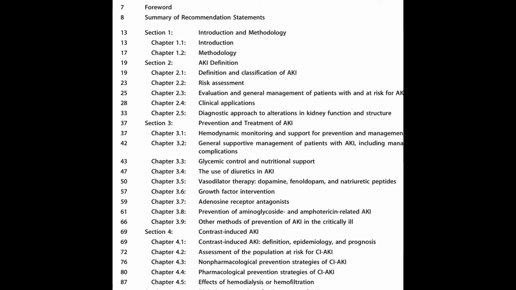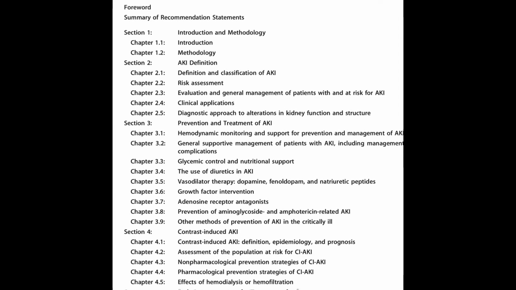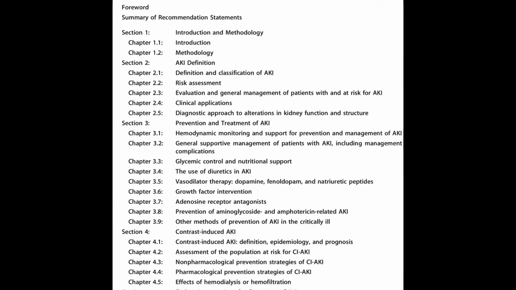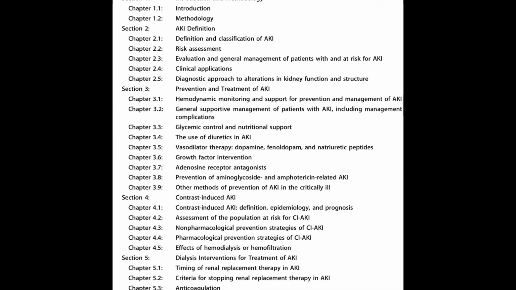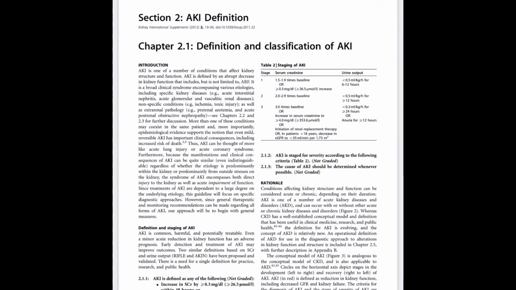The sections you'll mainly want to focus on are Sections 2 and 3. Section 2 covers defining and classifying an AKI, as well as risk assessment. These 2 chapters of the section help you evaluate and understand what an AKI is and what patients are at greater risk. Then moving on to Section 3, which includes the prevention and treatment of an AKI, is very important, talking about when and what to use in terms of treating your patients. Within Section 2,